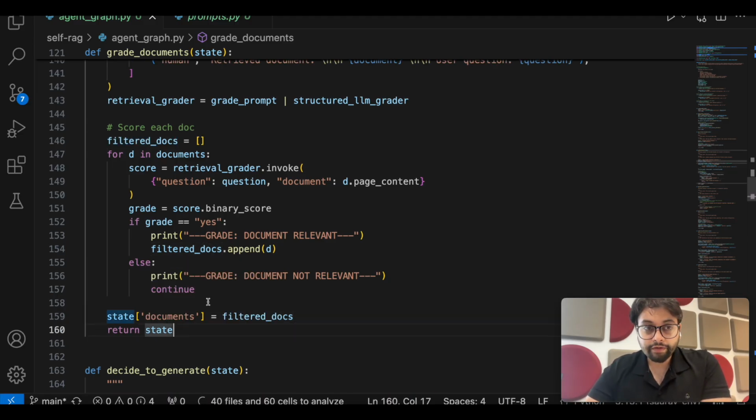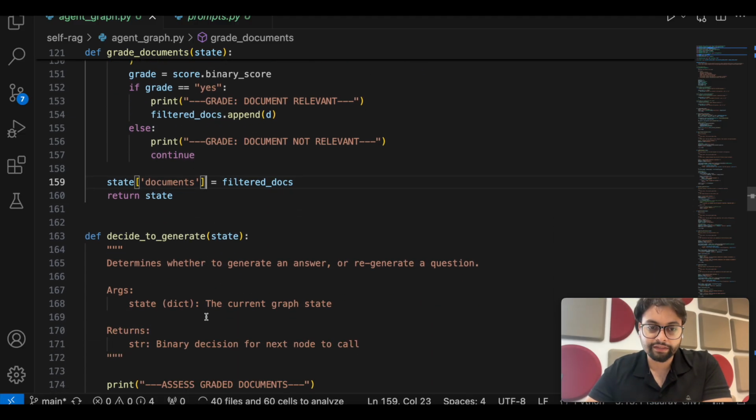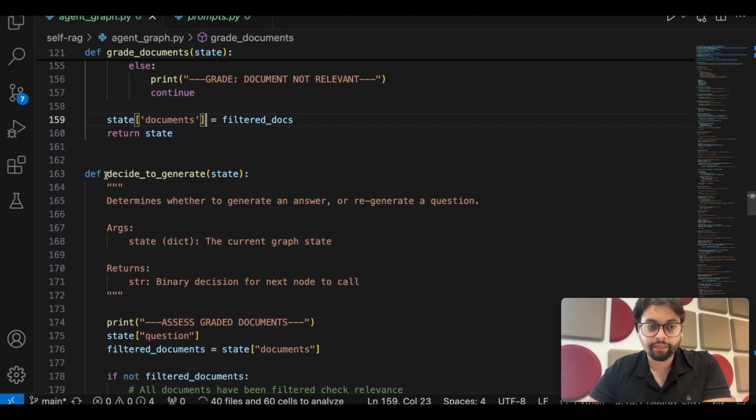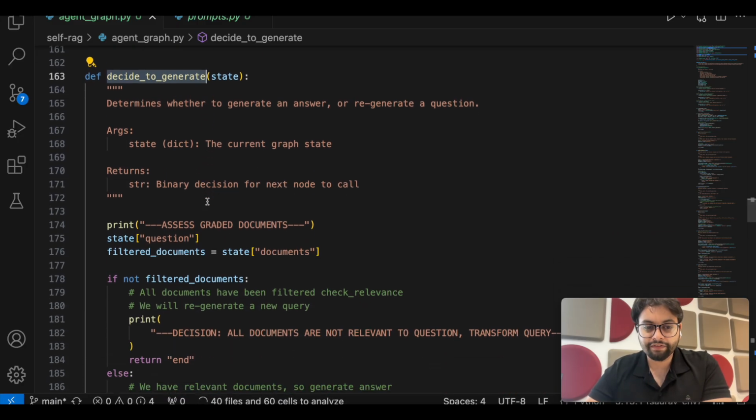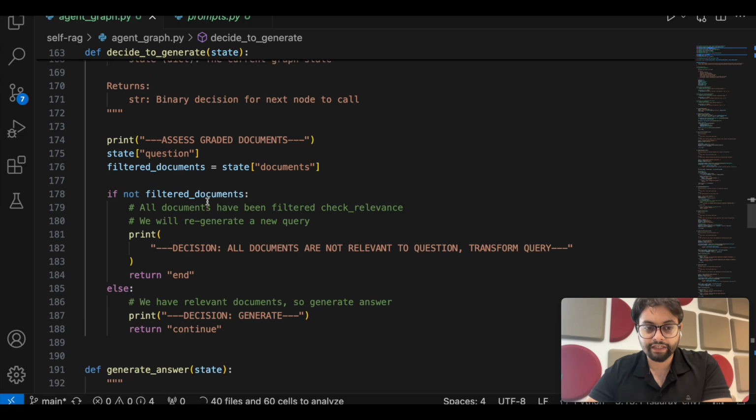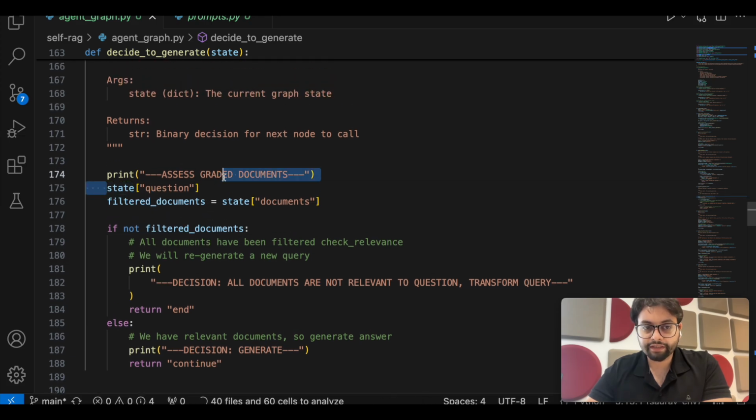So we'll introduce a conditional edge in our workflow which will take this decision, because we have saved the updated documents in our shared state. So it is feasible to build a conditional edge, and this is how the conditional edge looks like. It's another definition which is decide to generate. It is a very simple conditional edge which takes the filter documents,